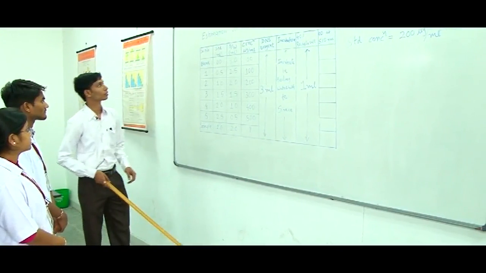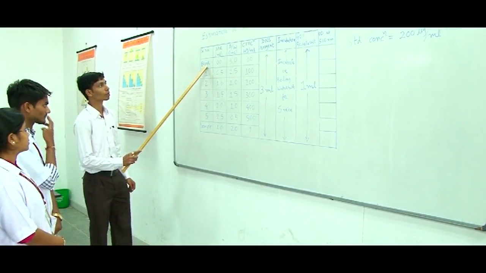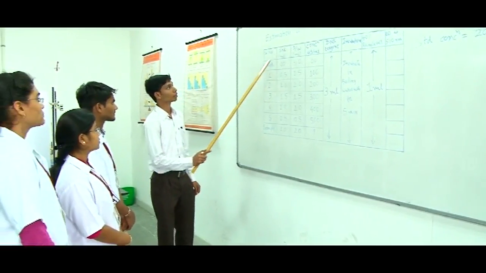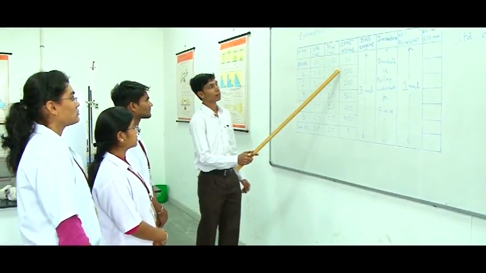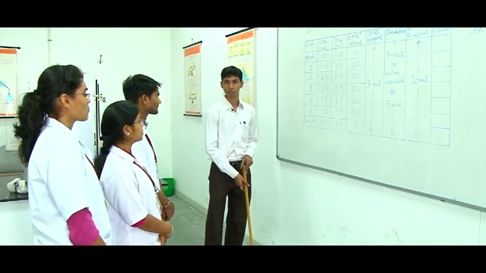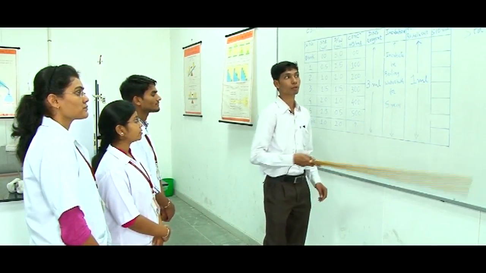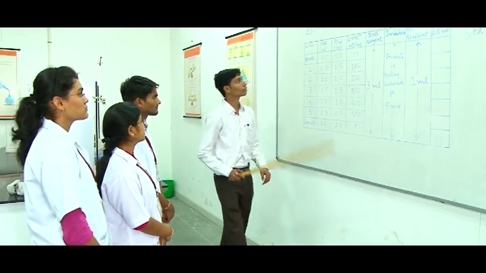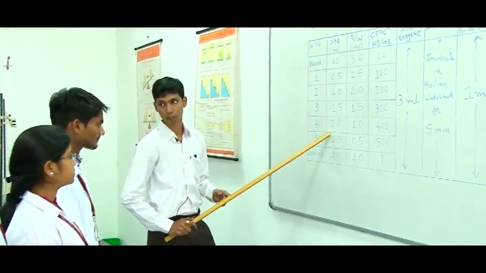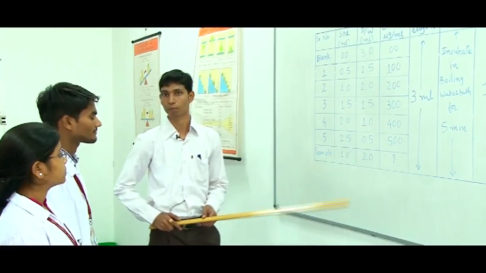Here is a table with serial numbers. We will take a blank; you should always take a blank when starting your experiment, because it acts as a control sample. Then we will take different standard concentrations: 100, 200, 300, 400 and 500 microgram per ml. We have a standard solution of 200 microgram per ml, which means 1 ml of standard contains 200 microgram. So we will take aliquots of 0.5, 1, 1.5, 2 and 2.5 ml of standard, which gives concentrations of 100, 200 up to 500 microgram per ml.